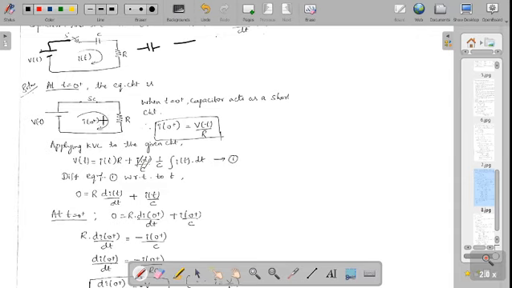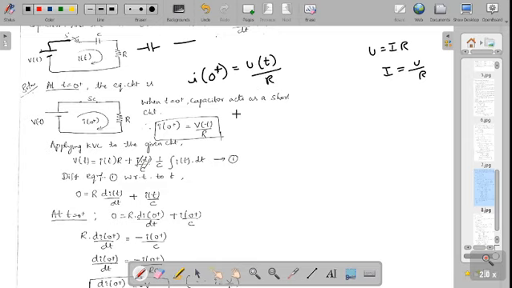So what is the current flowing in this circuit? The current i flowing at time 0 plus is flowing through the resistor. What is i? i is equal to V by R. Since there is only a resistor, you know that V equals i into R, and i is equal to V by R. What is the current? It is voltage divided by the resistor. What is the voltage? It is nothing but V of t.